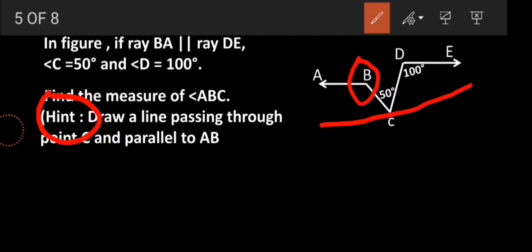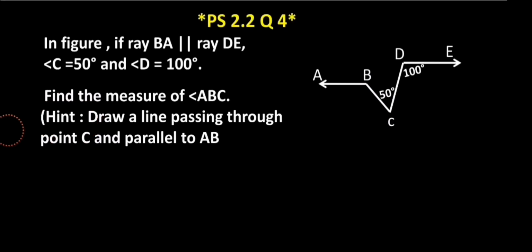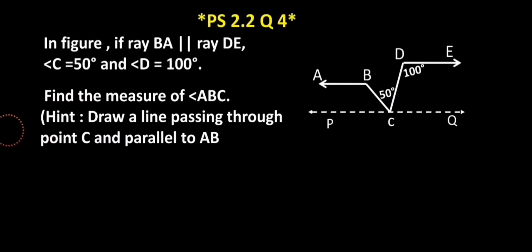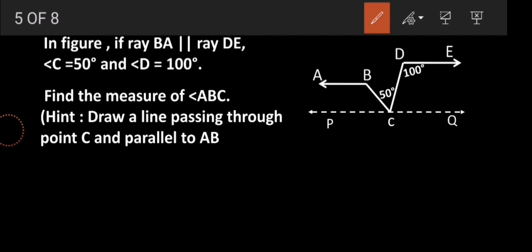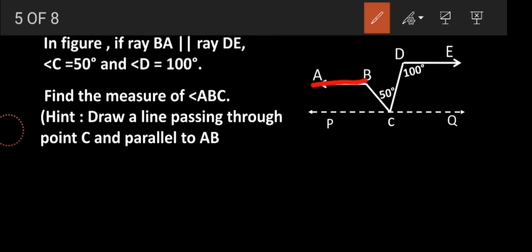Let's see, if we draw that line parallel to ray AB, then what happens exactly. So this is that line. The line is PQ, and this will give us many clues. See, check out over here. First of all, we'll make the action plan. I need to find angle ABC. If you observe, we have drawn this PQ parallel to AB. Yes. Now check out AB, this part. What shape is this? Z. And what sir taught you all?